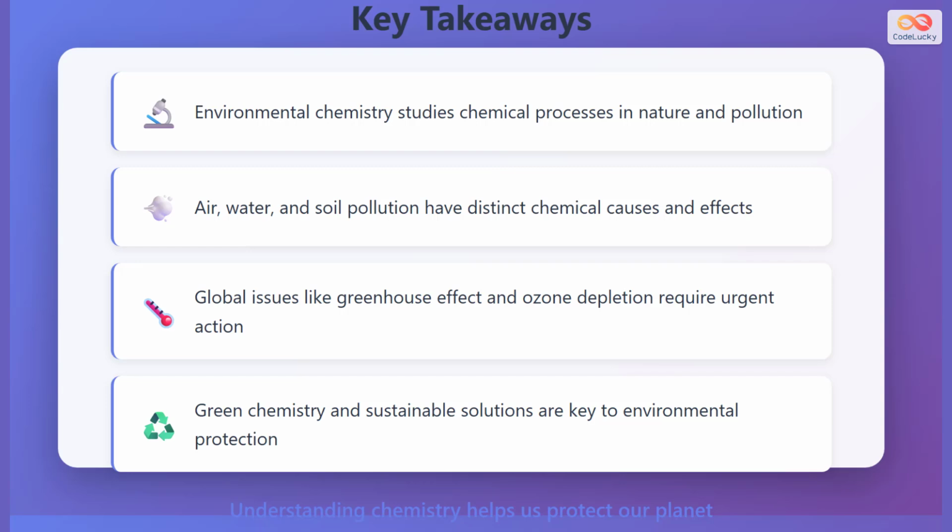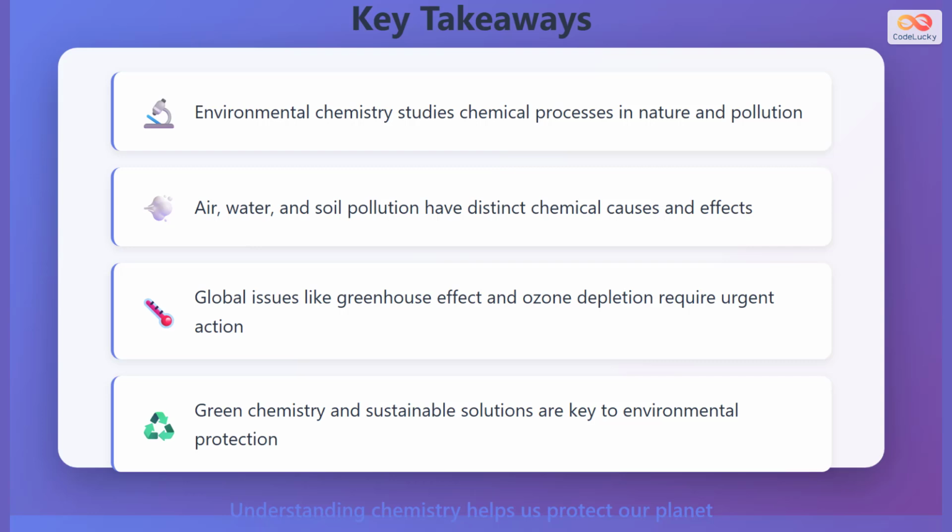Air, water, and soil pollution each have distinct chemical causes and require specific treatment approaches. Recognizing these differences is crucial for effective environmental management. Global environmental issues like the greenhouse effect and ozone depletion result from specific chemical processes and require urgent international action